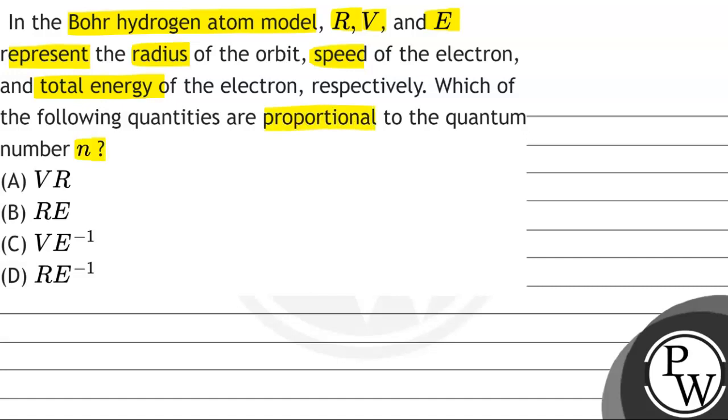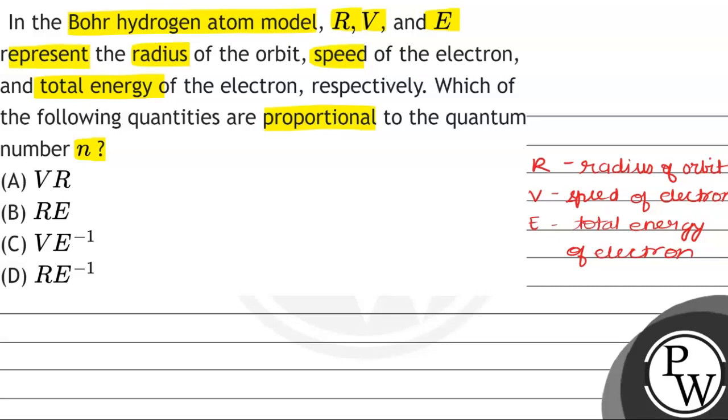So students, in this question it is said that in Bohr model, R represents the radius of orbit, V represents speed of electron and E represents total energy of electron. We have to find which of these quantities will be proportional to n. For that, please note